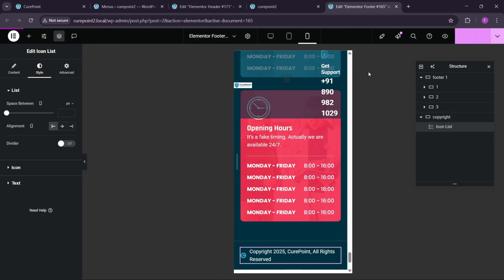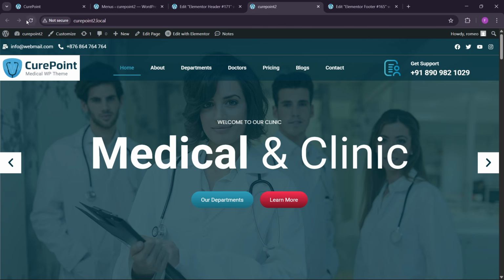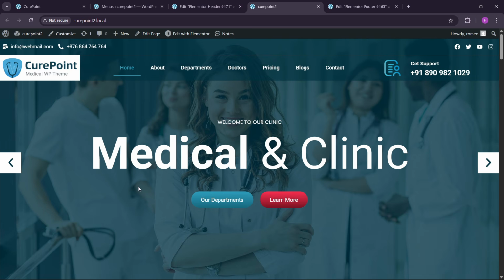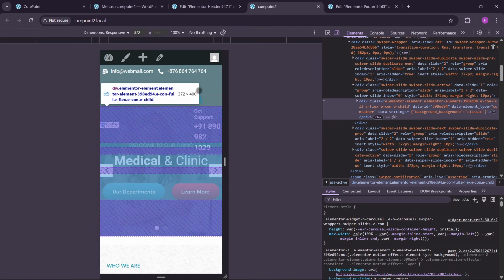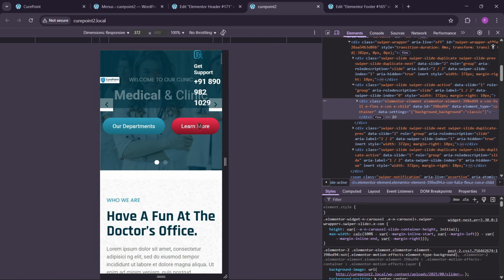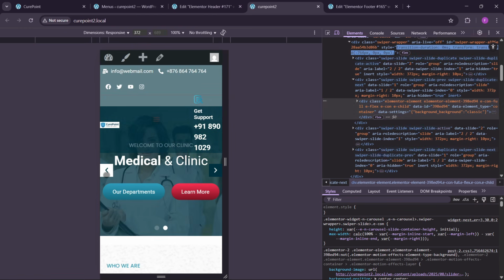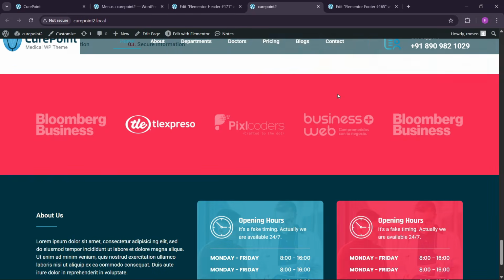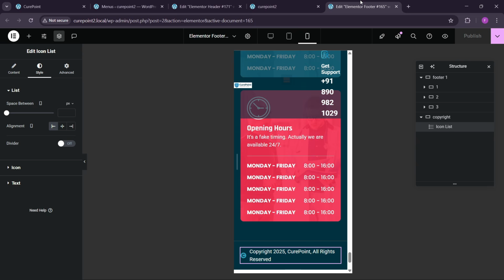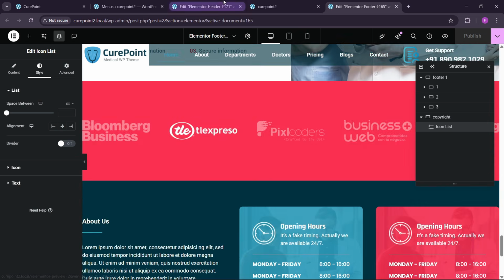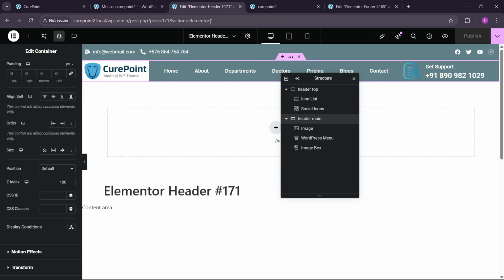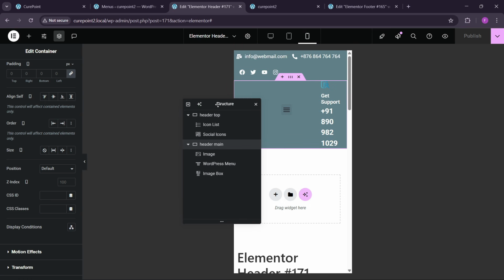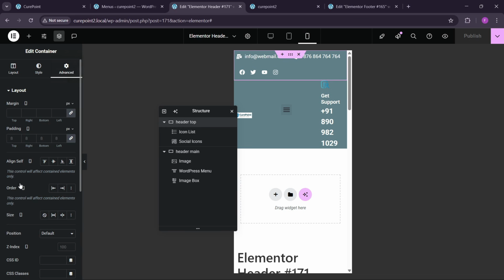Okay, like this. Now let's publish, and after that we can just refresh it here, and after refreshing, let's go to the mobile responsiveness, and here you can see that only the header is not responsive, but the rest of the sections are responsive. Like here we have the medical and clinic website, so you can see all these sections are fully responsive. Let's now make the header also responsive, so here what we have to do, we have to just go to this, and here we can hide this